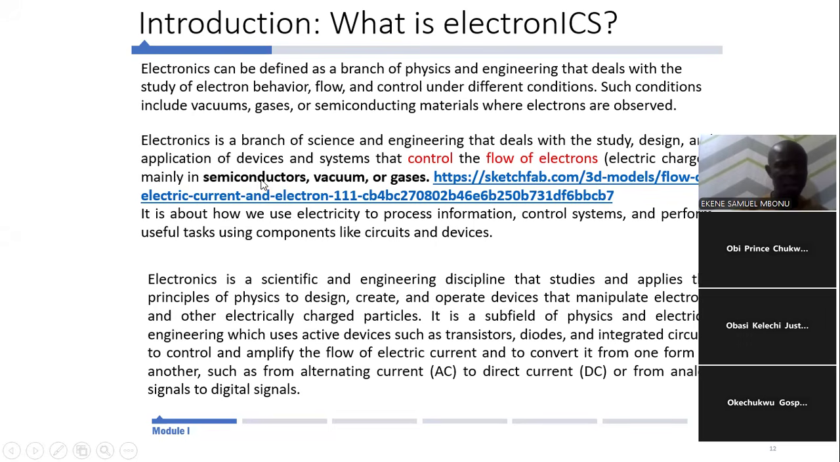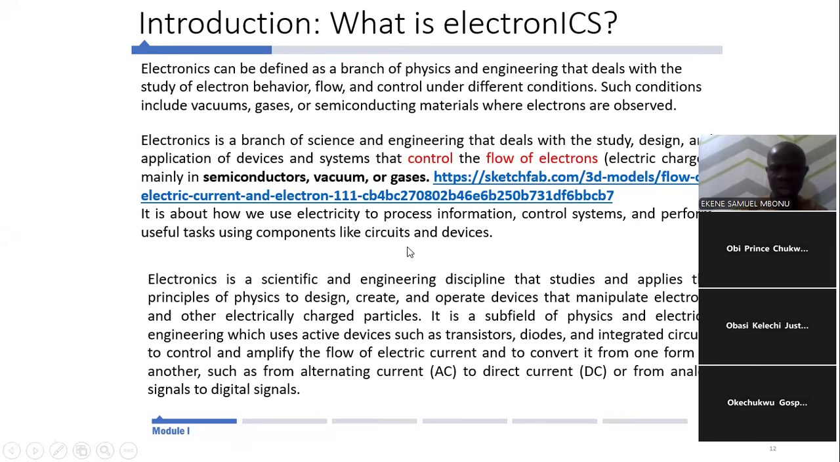We are dealing with MOSFETs, diodes, and all those things. We are dealing with control of electrons through them. You are hearing me because of these components. For example, we are transmitting information now through the air. Air is a gas. Without the air, telecommunication wouldn't be possible. And it's actually the control of information. It's not everybody that is in this meeting. It's controlled information. So it's about how we use electricity to process information, control systems, and perform useful tasks